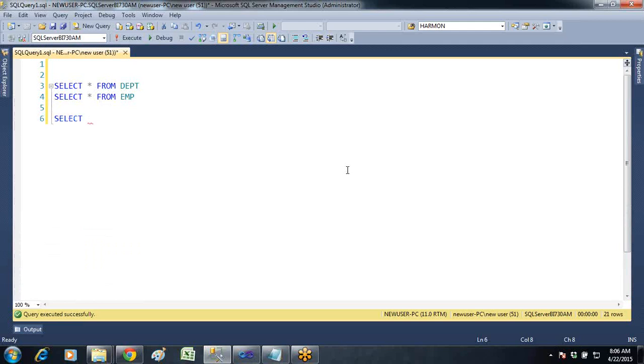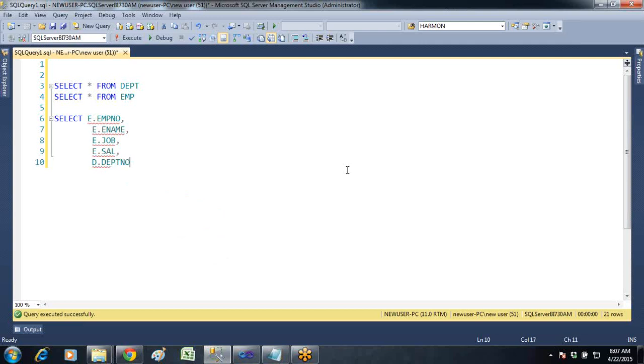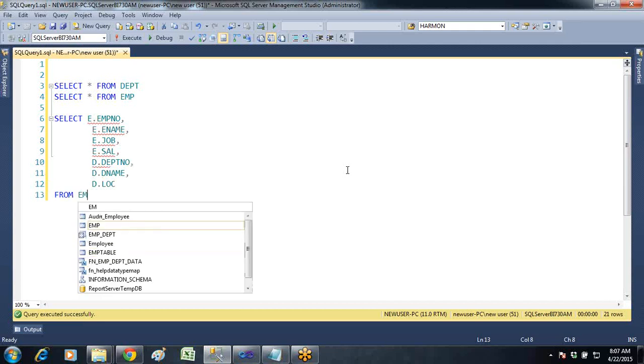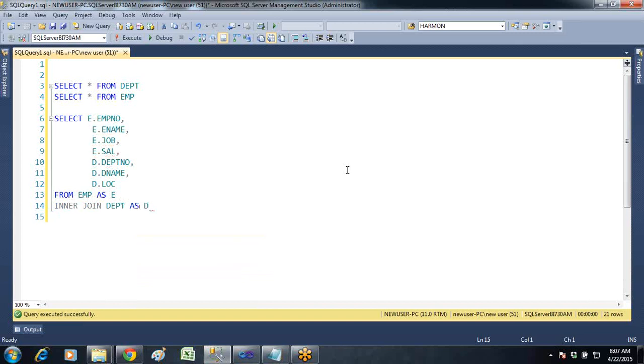select e.ename, e.job, e.salary, dept number, dname, d.location from emp as e inner join dept as d on d.dept number = e.dept number. Okay, if you look at the code now,